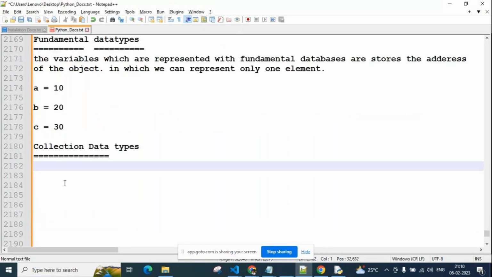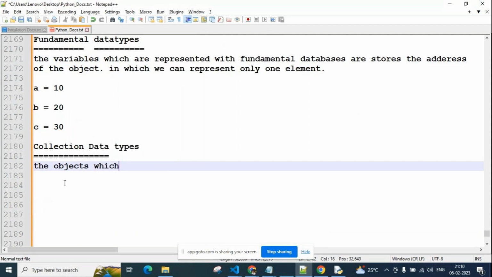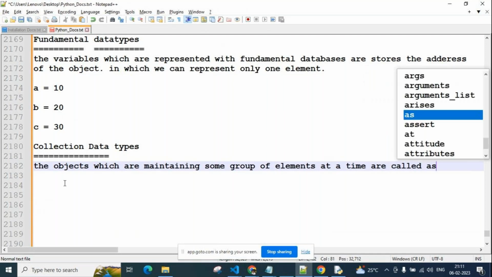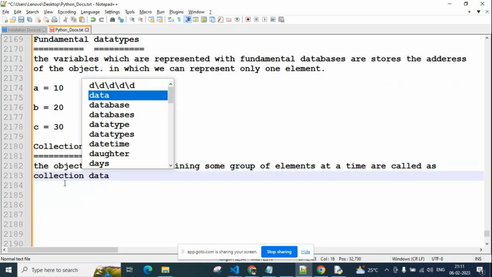So the objects which are maintaining some group of elements at a time are called collection data types, guys. Objects which are maintaining some group of elements at a time are called collection data types, or else come under collection data types, simply the collection data types.